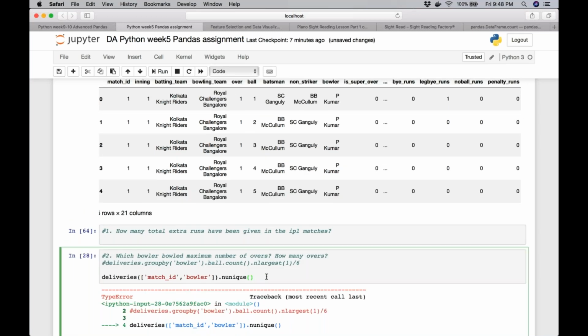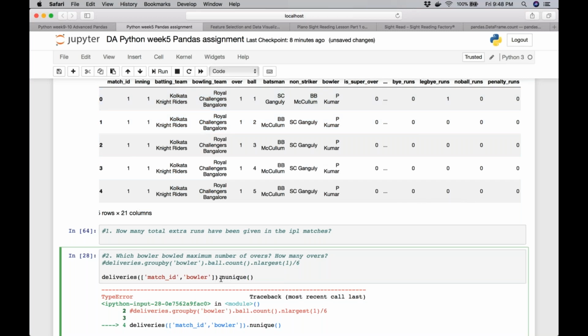Okay, let me. Yes, no, over sum. What are you doing? Over is an integer column, so you cannot sum the over. Do you get that, Akshit? I want to find the unique over numbers and then sum it for each and every match ID. That is my approach.